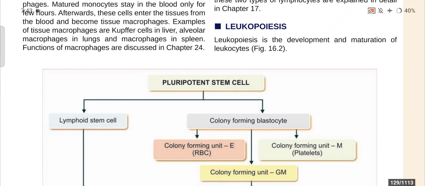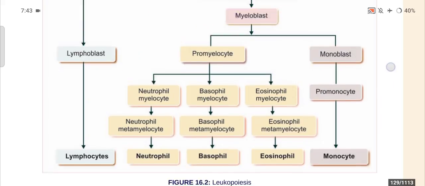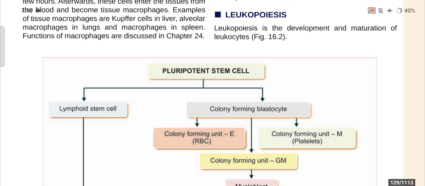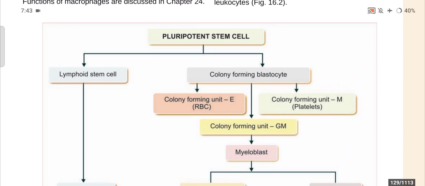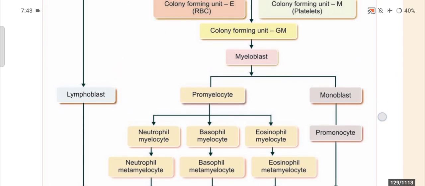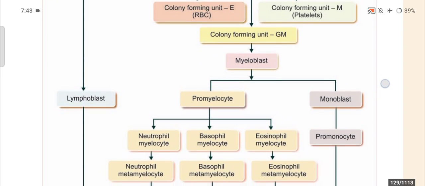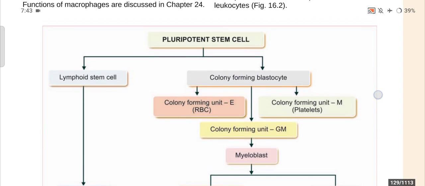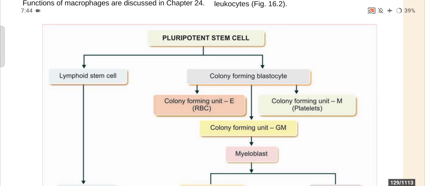Then we will discuss leucopoiesis. Leucopoiesis is the development and maturation of leukocytes. You can see it in the diagram. The pluripotent stem cell has two types of cell, the lymphoid stem cell and the colony forming blastocyte. The lymphoid stem cell produces lymphoblast, which further produces the lymphocytes. Then the colony forming blastocyte forms the colony forming unit erythrocyte, the colony forming unit M or platelets, and